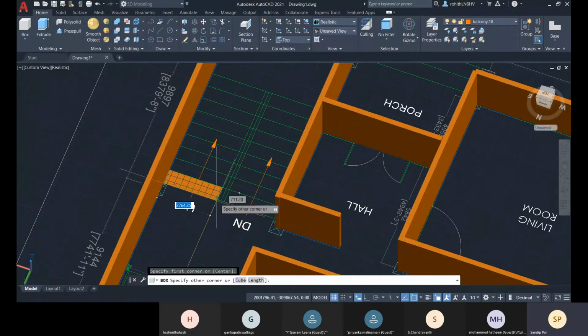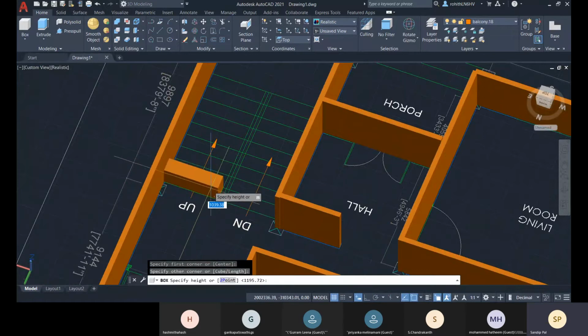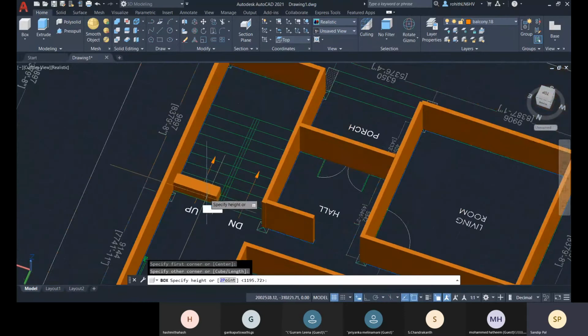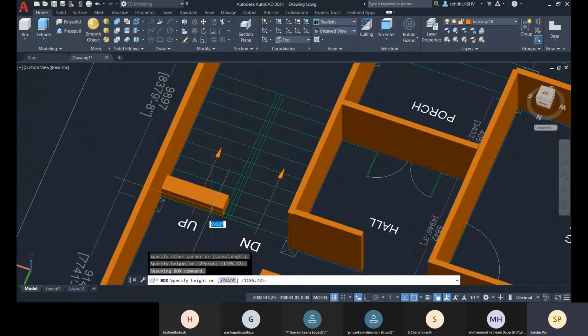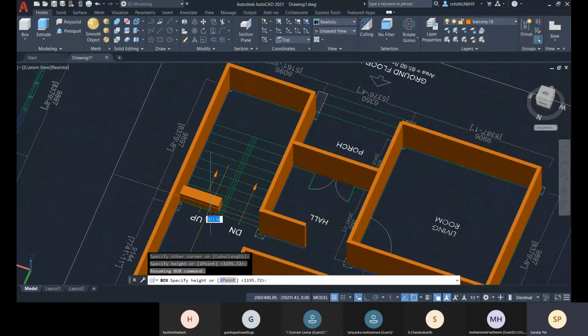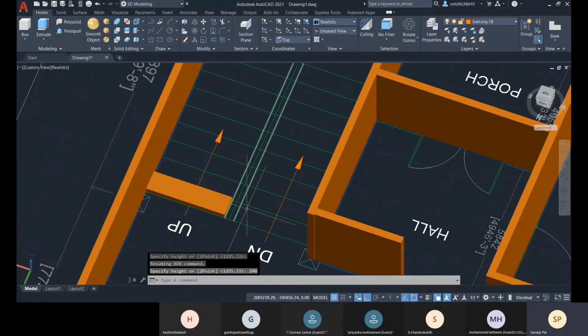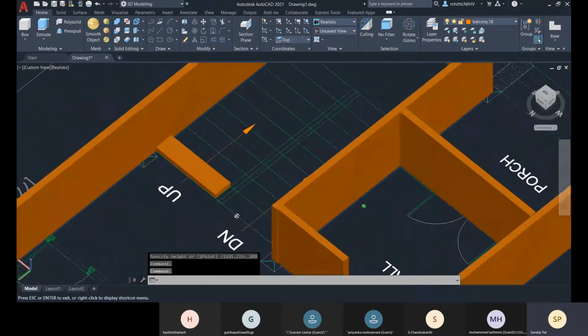From this to this, and whatever step riser height you'll be providing as a height. So the riser height, let me provide 200. Enter, and then let's go for it.